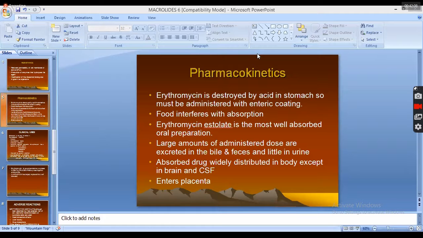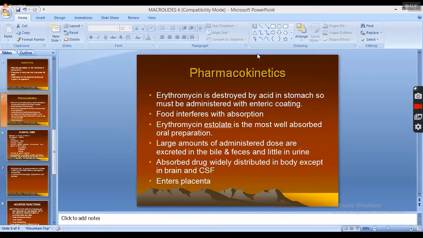If the food is taken, food always interferes with the absorption. It decreases the onset of action. Now, as I already mentioned, among all the erythromycin salts, stearate, succinate, and acetylate are the best absorbed in all the compartments when given orally, but they are usually not prescribed by doctors because they are not well tolerated. They cause most GIT disturbances. So, acetylate or succinate,